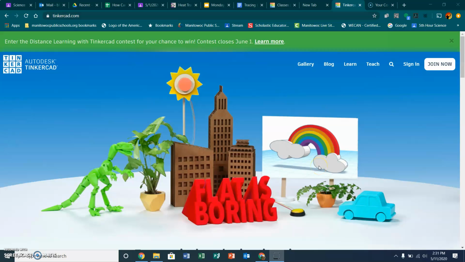Okay, I'm going to quickly show you how to get on the computer design program. CAD stands for Computer Aided Design, and what we're using is something, if you look up in that web address, it's called Tinkercad. So I'll email you that web address,